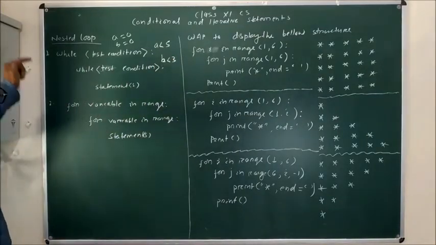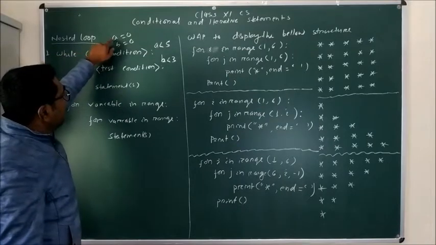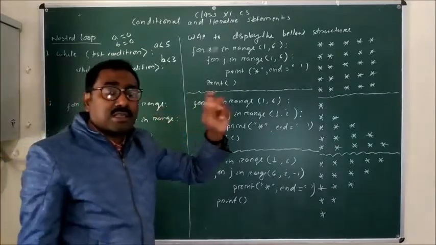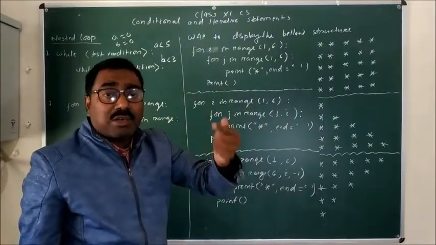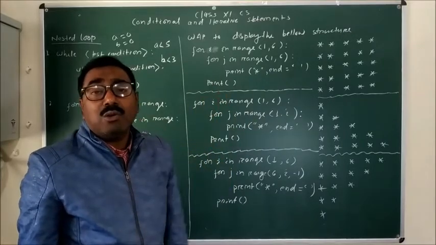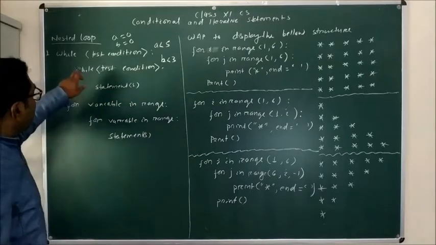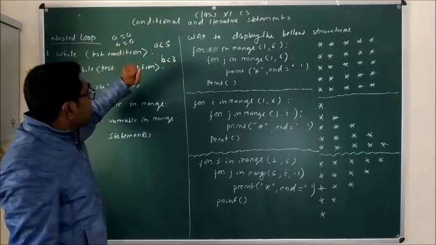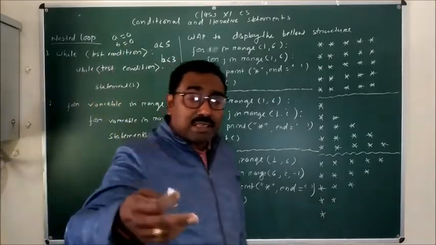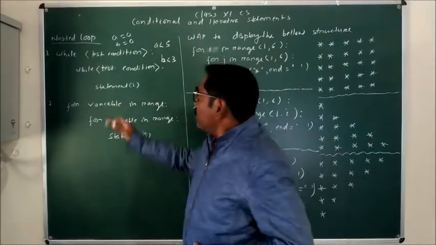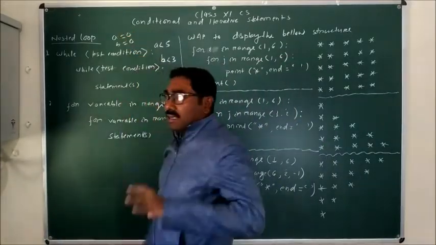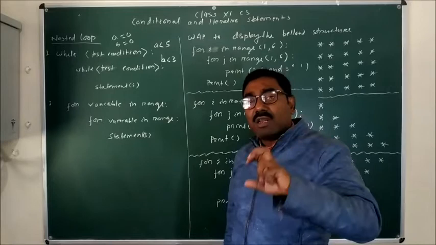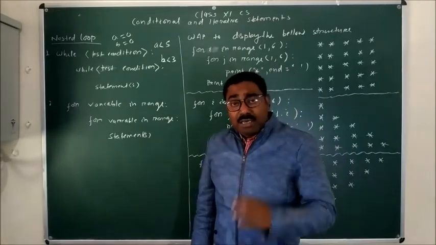So in the first loop, or the outer loop, initially the value of A is 0 and the condition is A less than 5. So the condition is satisfied, and the statements written inside the loop will be executed. Inside the loop there is another while loop in which the condition is B less than 3. The value of B is 0, so this condition is satisfied and the next statement will execute. Suppose both A and B are increased by 1 after each repetition.